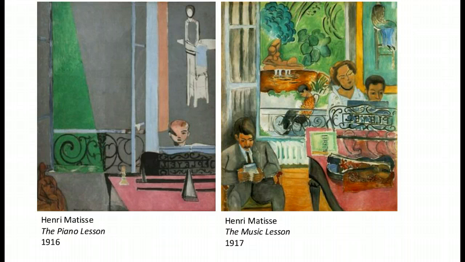One is from 1916 and the other is from 1917. The reason that I'm showing you these two works side by side is because they set up very obviously, I think, the distinction between works that were being done before the full weight of the First World War was felt in downtown Paris, and then a picture that arose after the full weight came to be understood.